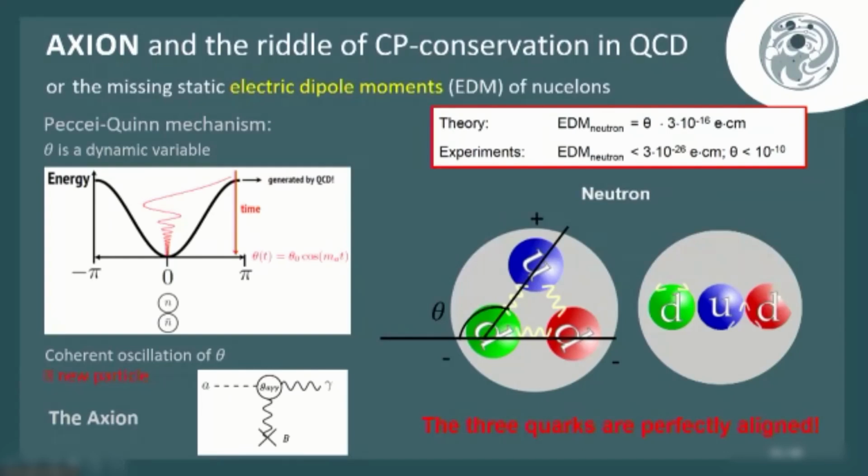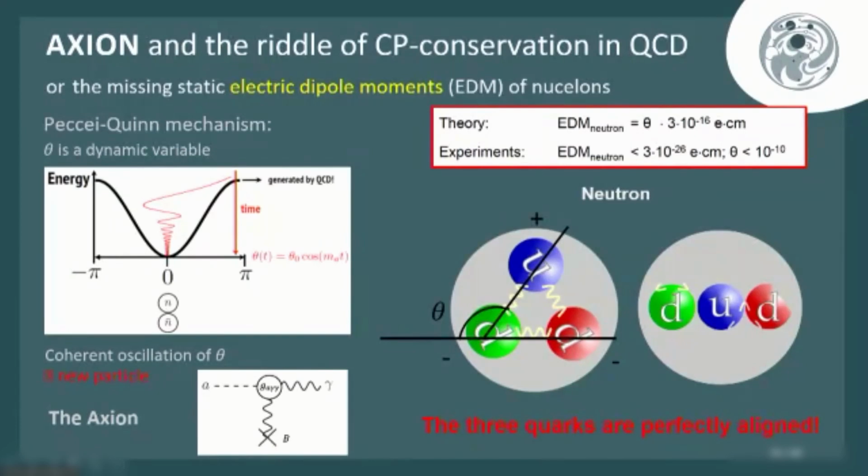One idea is theta, this parameter, this angle, is not a universal constant. It's not like the speed of light, given to be a certain number, but is a dynamic variable. That means at the beginning of the universe, it had some value, and then it oscillates over the time of the universe to this minimum, and the minimum happens to be 0 today.